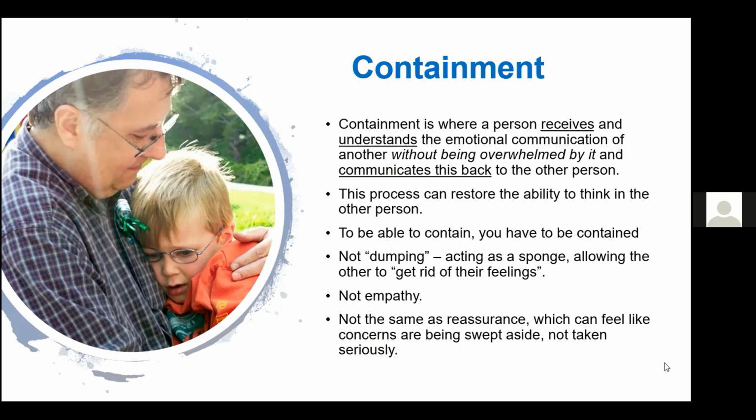With adults, it's obviously more of a two-way process. And in primary schools, we might need to go right back to the beginning with a parent and build up a story of how the child is, where they are now. But we see that containment in lots of different relationships. Often we're doing it already. Most of the time we're doing it already, but it's really helpful to name it, to recognise it, and to be conscious of it, and to be sharing these ideas with parents so that they're recognising what they're doing.